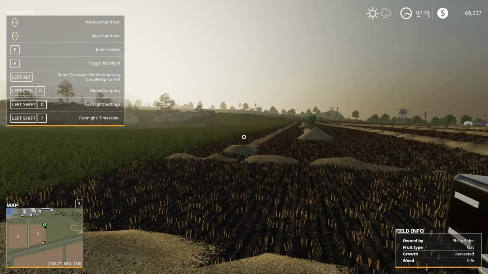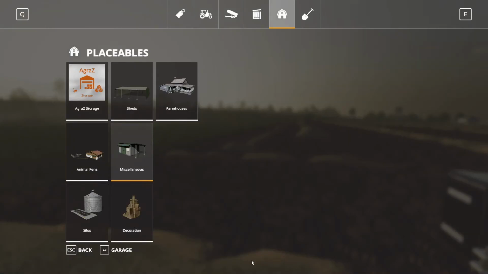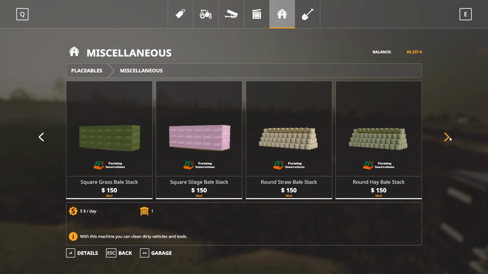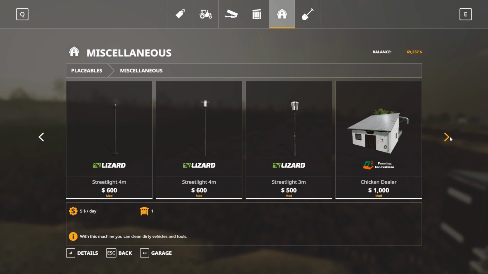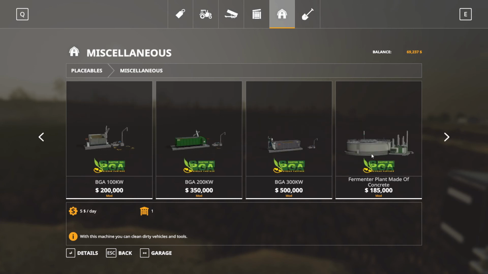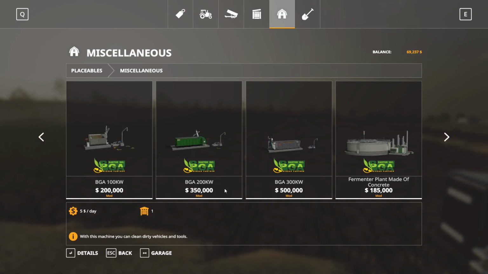Now, what I could do, if I had the land to do it, and it's possible that I do, is go into here, and using a mod, I could build my own BGA plant or buy one ready-made. And somewhere along here we go. This is the start of the Modular BGA mod. You see it's got mod under the price on everything. Here I could buy the ingester, the fermenter,